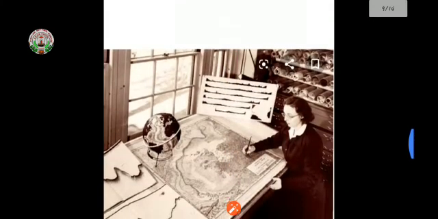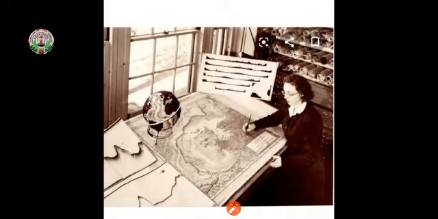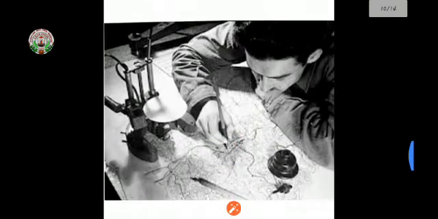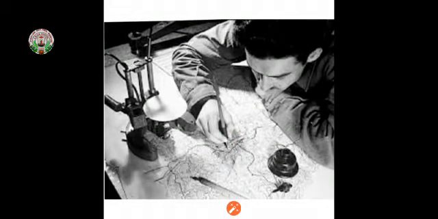People who make maps are cartographers. Look at this picture. In this picture, one woman is making maps. People who are making maps are called cartographers. You can see in this picture also, a man who is making a map is called a cartographer. Many maps today are made using GIS computer systems, and a book of maps is called an atlas.